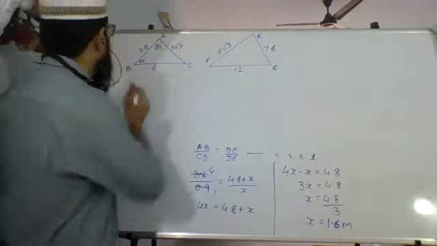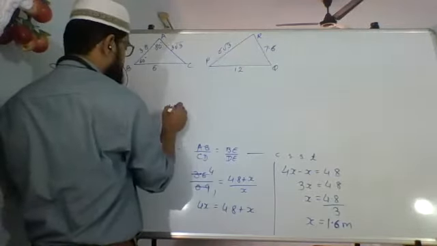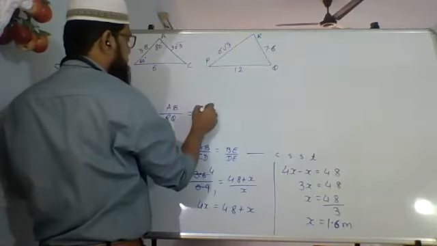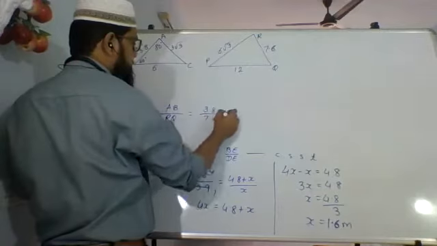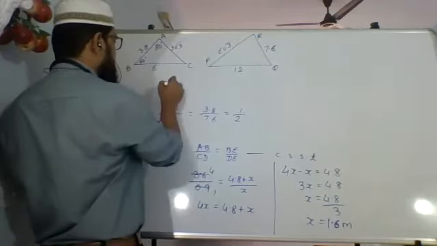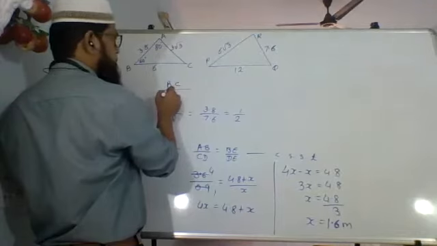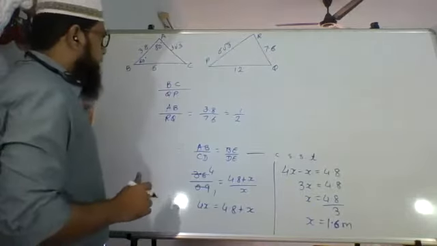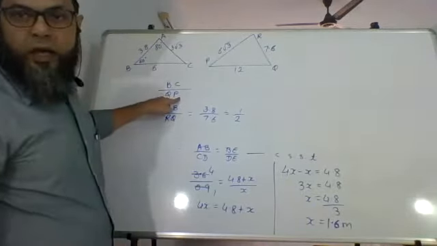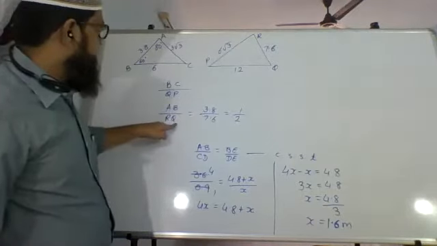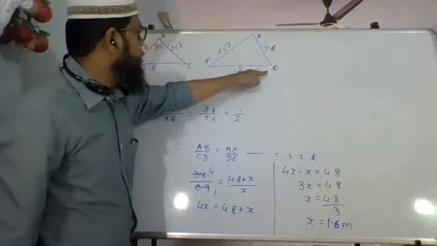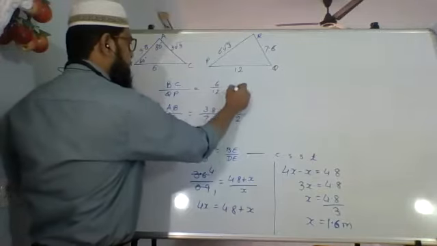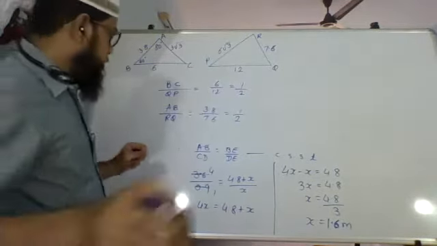So how do I write it? I say AB upon RQ equals to 3.8 upon 7.6, which is 1 upon 2. Similarly, BC upon QP. Okay, BC upon QP. Now you'll say, sir, QP क्यों लिया है? That can be the confusion. See, B के नीचे यहाँ पर हमने Q दिया था. A, B, R, Q. So this is QP. It is moving in this direction. So QP is again 6 upon 12, which is 1 upon 2. Okay, that is also 1 upon 2.